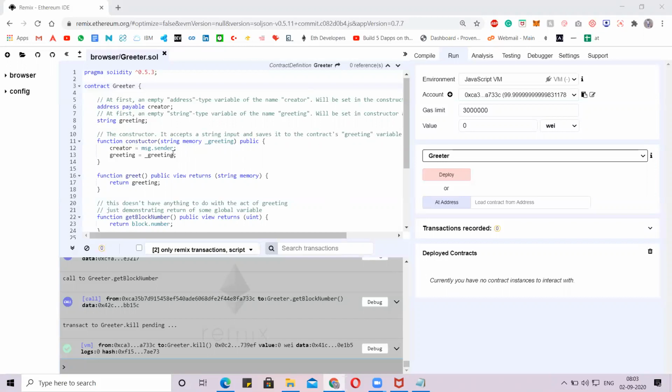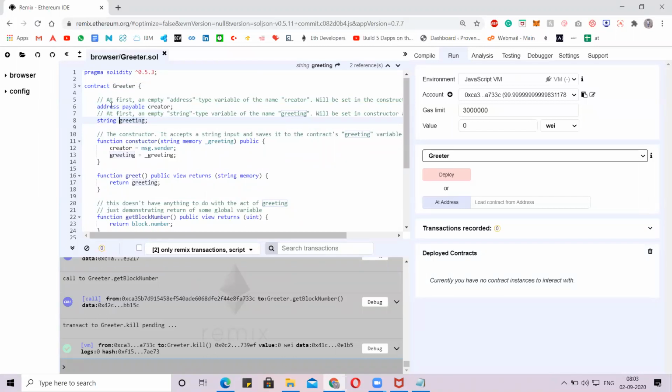The first and foremost, after creating the contract, create the variables here. String is where we enter the data. Like we are creating a string variable called greetings where we can pass the data.